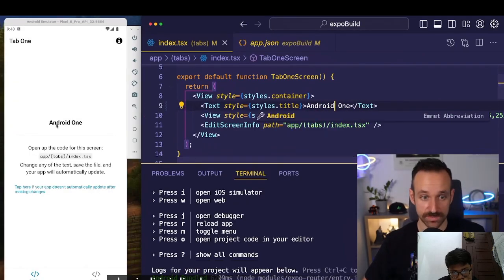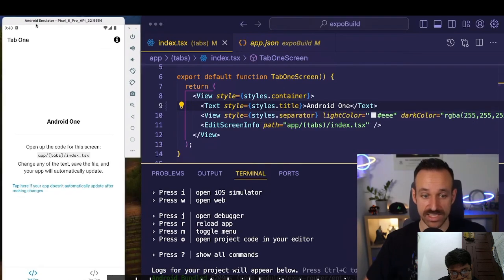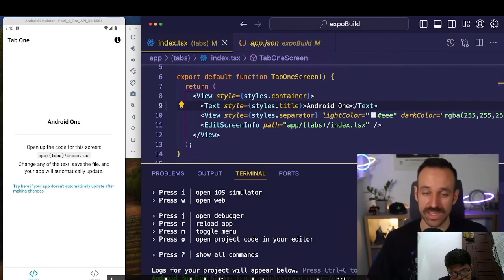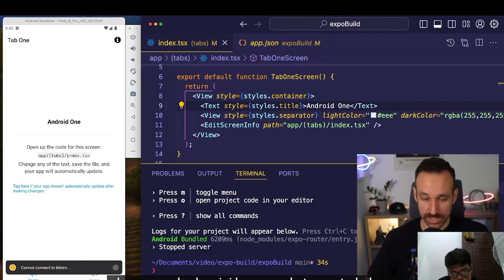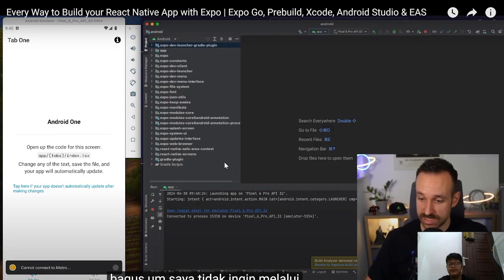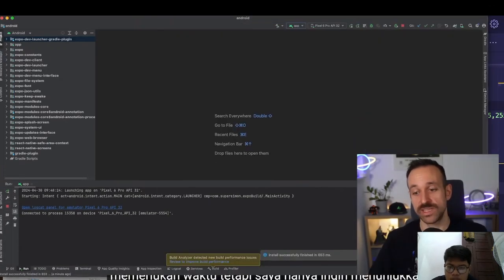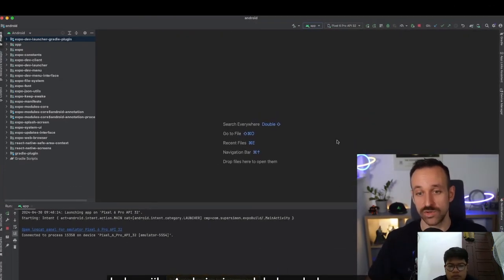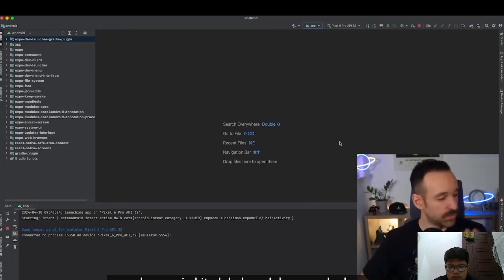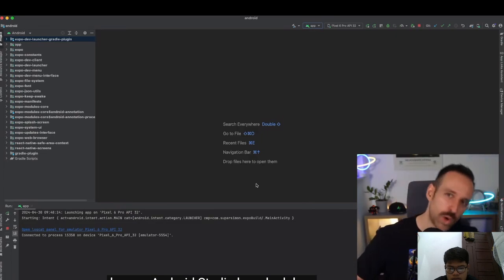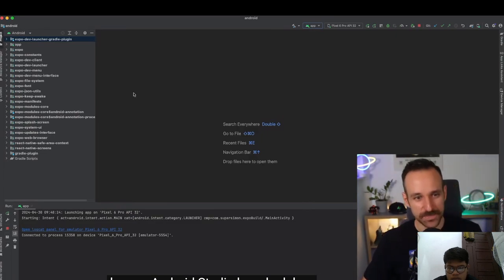Okay, so here we go. Android, quick change, and it of course instantly changes in my emulator, or if I would deploy this to a connected device. Good. I don't want to go through the whole process again because it might take time, but I just want to show you that if you want to do the same thing that we just did within Xcode with Android Studio, for whatever reason, because Android Studio comes in my hierarchy even way below than Xcode,